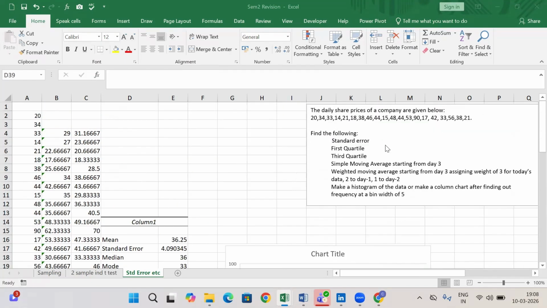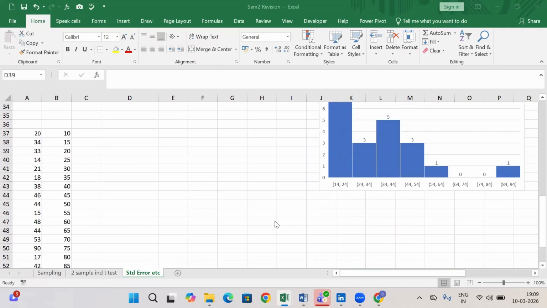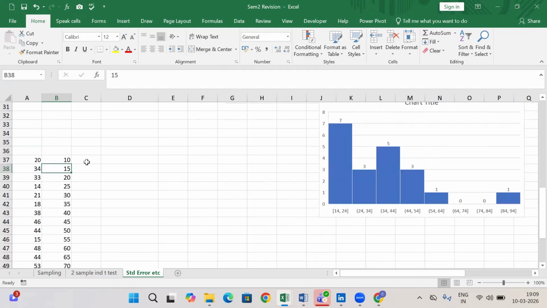The question here is make a histogram, which we have already done, or in case your PC does not have statistical charts like histogram and box and whisker, the alternative is to make a column chart after finding out the frequency at a bin width of 5. So I copied the data here. I also made the bins 10, 15, 20. I want to find out the frequency. So we have to select this entire place